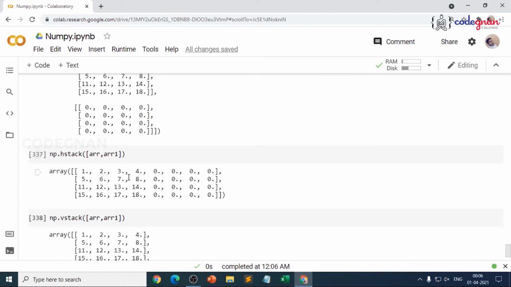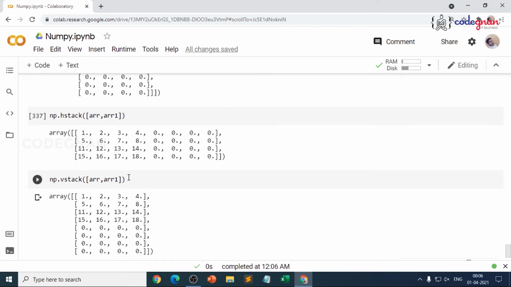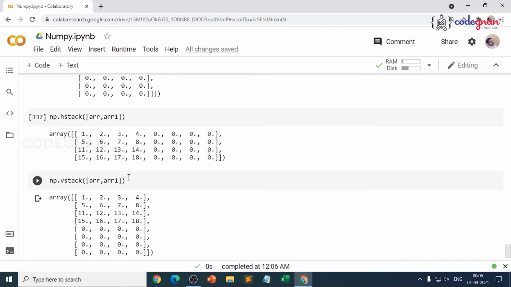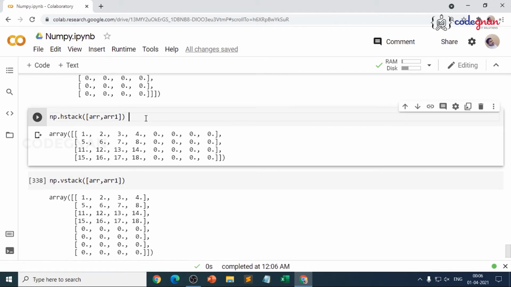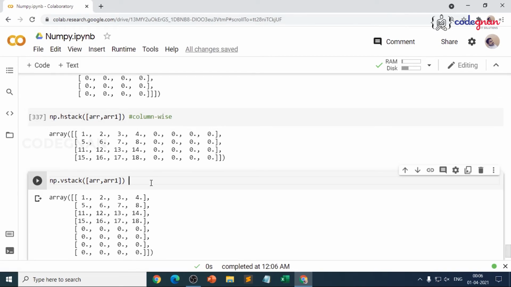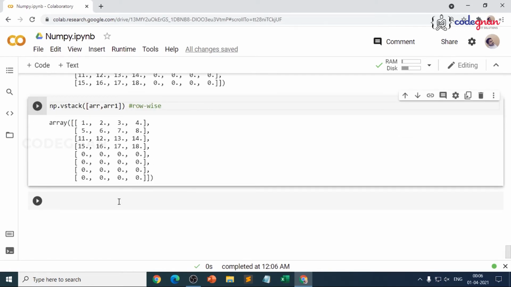So this is where you understand stacking. Horizontal is always column wise, vertical is row wise. I'll make some comments here so that you can always remember: this is column wise and this is row wise. That's where vertical comes in, right?